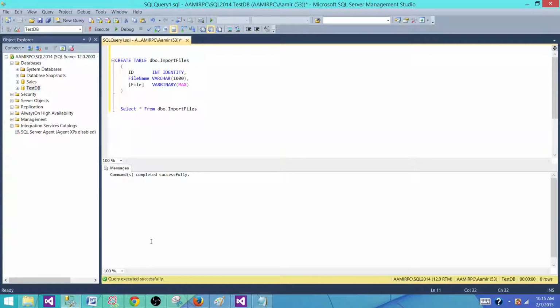First of all, we have to have a table where we want to load the files. So I have created this definition, dbo.import files. That's the table name, and I have ID, an identity column, and file name. I want to save the file name that I will read and load into the table. So it is varchar 100,000, and then I have file, and the data type of this one is varchar